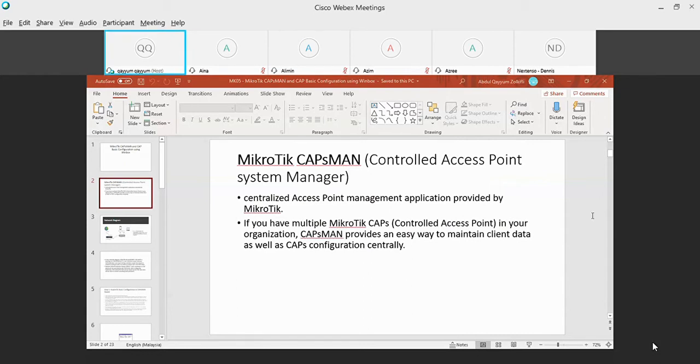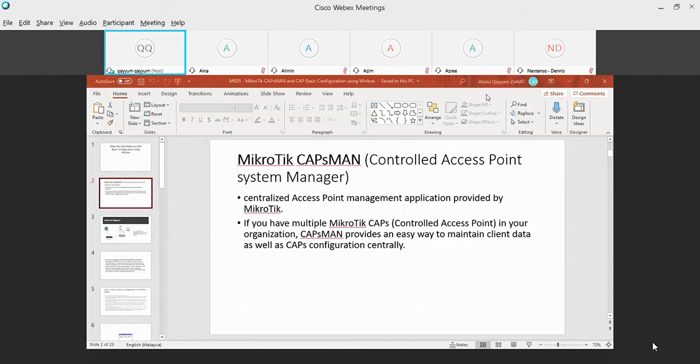So what CAPsMAN does is centralized access point management. If you are having a deployment of wireless network using MikroTik AP, and you use the CAP model, you can manage all of your CAPs using the MikroTik router.